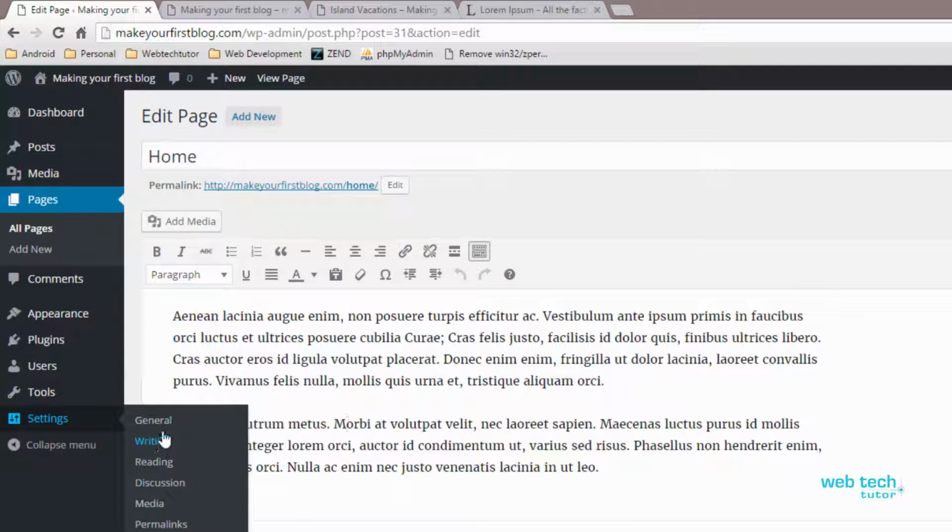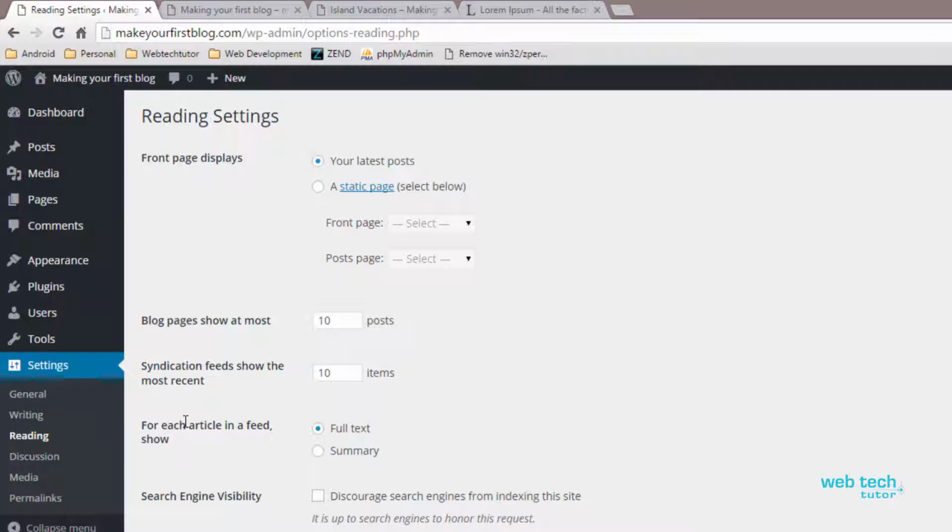One of these is what is the page that is shown when the site first loads. So the front page is what it calls the home page. It's set by default to show your latest posts. And that's why you see the post showing up. If I choose a static page, I can then choose either a front page to show, like home, or I can choose a post page, and really there is no post page created as of yet. So right now I'm just going to set this for a front page,